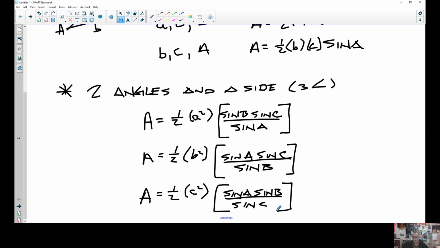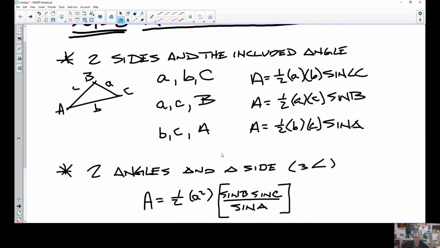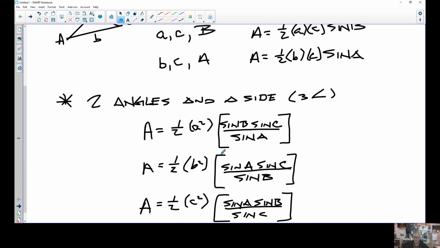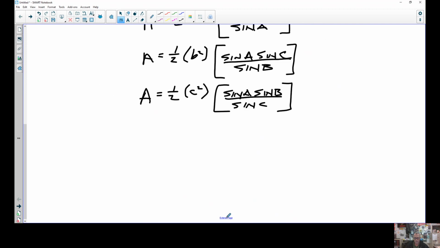All right, so two different things so far. We have two sides and an included angle, and we use the 1/2 AB sine C format, or two angles and a side, where we find the third angle, then we use area equals 1/2 A squared, and then the rational expression with the sines of the two angles that don't match the side on top and the sine of the matching angle on the bottom. All right, so that's two of them. Last one that we can do